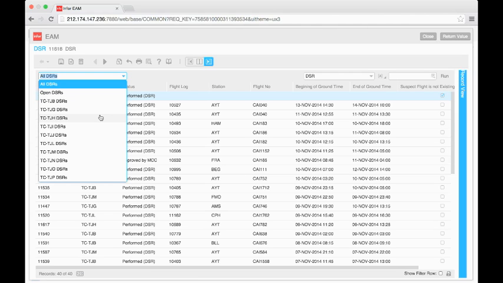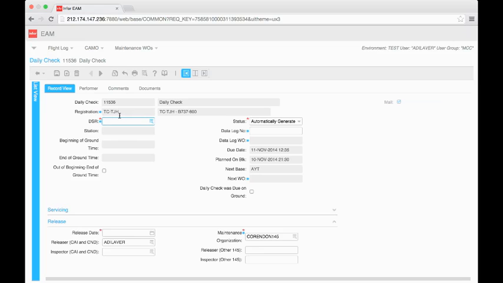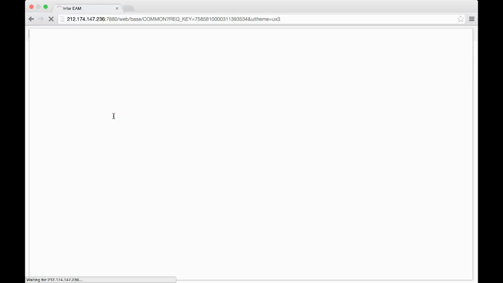DSR actually. Let's open the Hotel aircraft DSRs. I have to check here, and if the arrival flight is not mentioned here, you can check from the flight number, beginning of ground time, and end of ground time. If your DSR is not mentioned here, at that time you have to open a DSR from here. Look, we double click here, DSR, the white field,